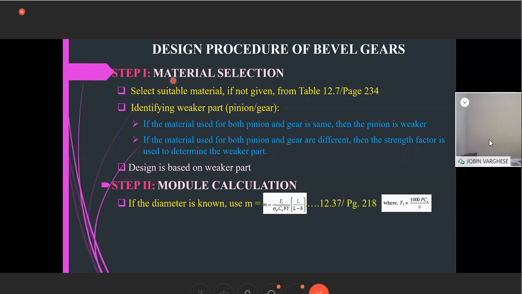Now I will talk about the design procedure of bevel gears. Like material selection, that is the first case in any design. If you take any case of any designs, the material selection is the first step. And in the case of bevel gear, let's select suitable material, if not given, from Table 12.7,